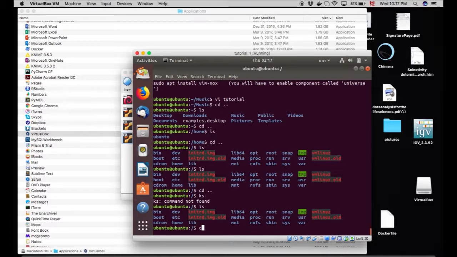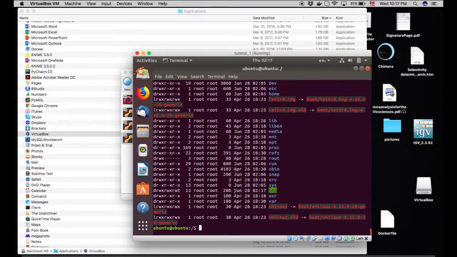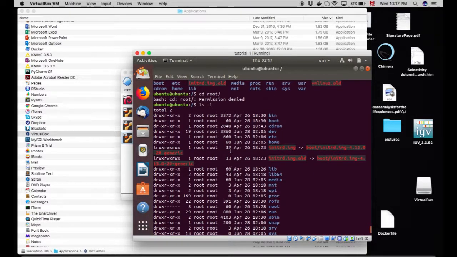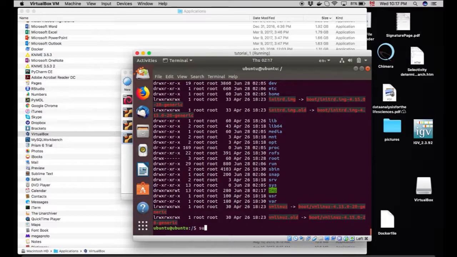You can see root, if I see the in root, okay, permission denied, okay. Then if I want to look right now, using our tools that we learned, linking at root, what are the access rights to root? See that root is read write X for only the user, but for the group, which I'm still in because I'm not super user, I cannot do anything, right? Access denied. But if I do sudo, or sudo